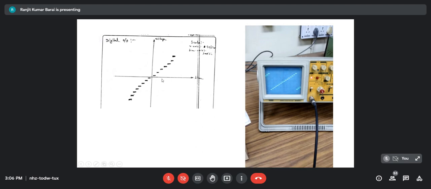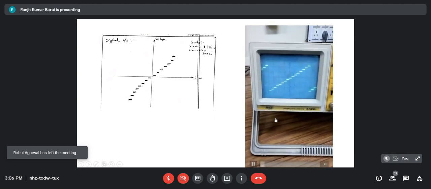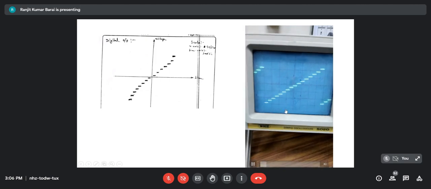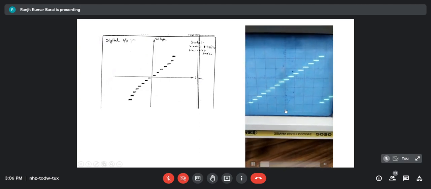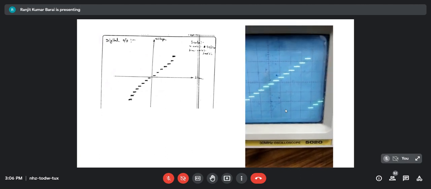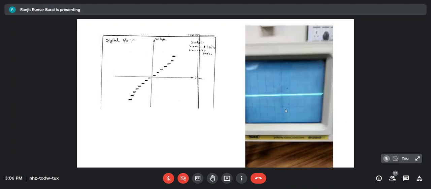If we plot the voltage with respect to time, you will get this voltage plot, time versus output voltage, like this. See, we obtained a nice staircase. This is the staircase waveform. Why is it a staircase? I'll explain it, along with the time period, amplitude, and all vital parameters of the waveform. Count this connection.